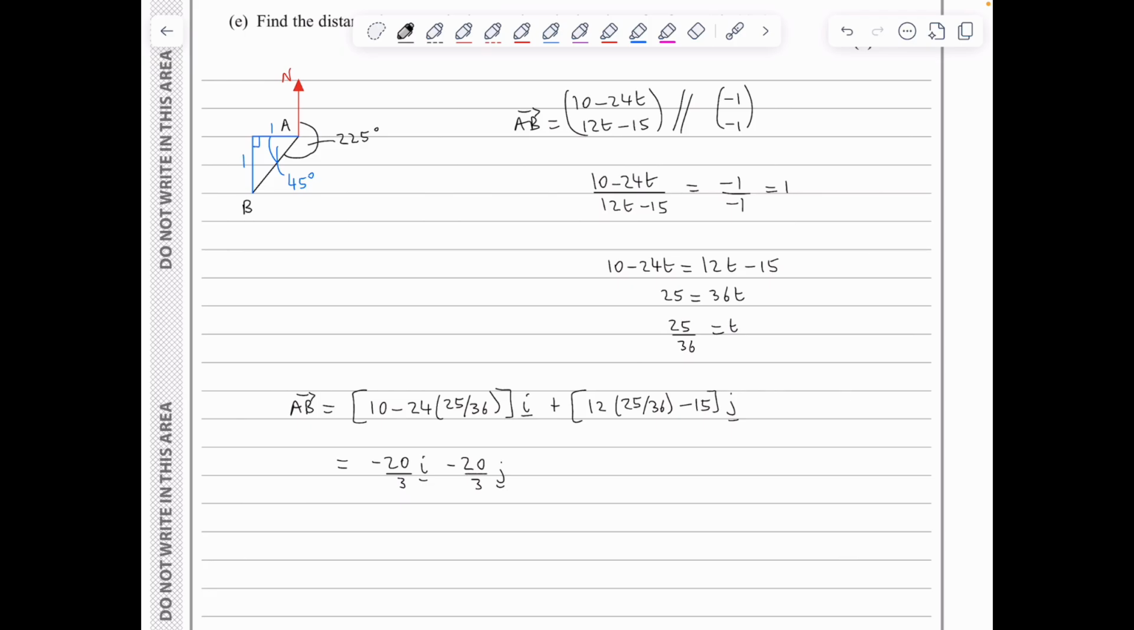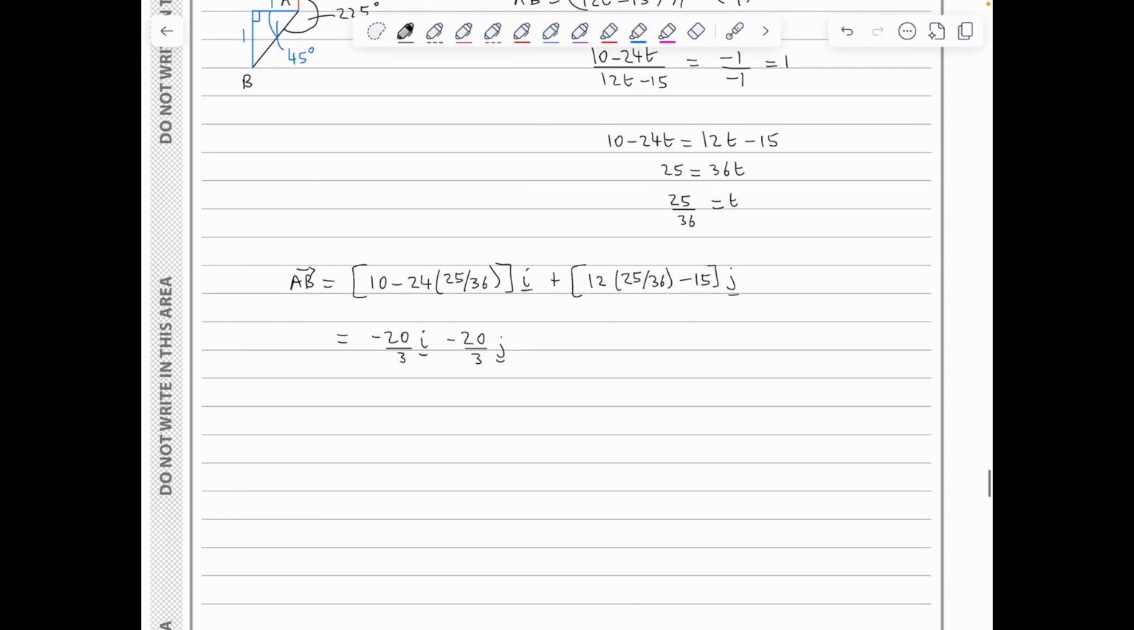Remember, we are asked to find the distance. The distance is the magnitude of this vector. So the magnitude of AB here is found through Pythagoras. We've got (−20/3) raised to the power of 2 plus (−20/3) to the power of 2, and all under a square root. If you plug this into the calculator, you get 20√2/3, which correct to three significant figures